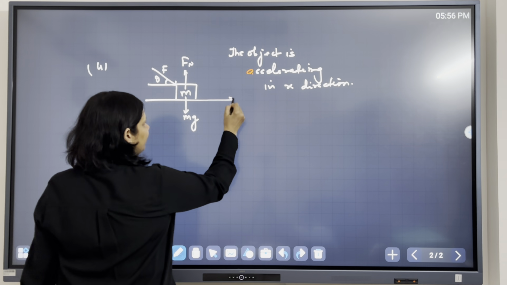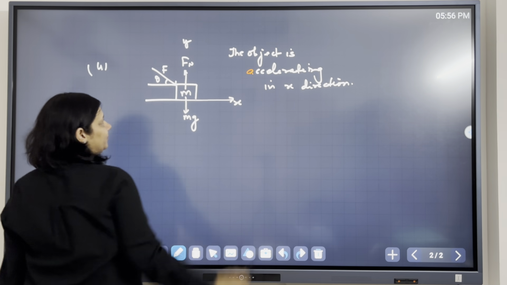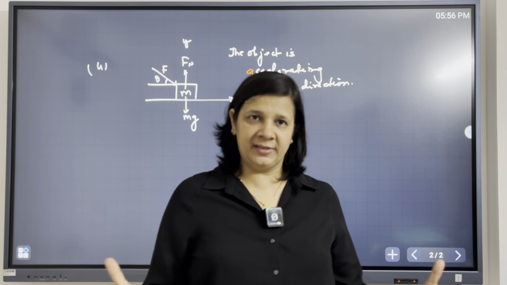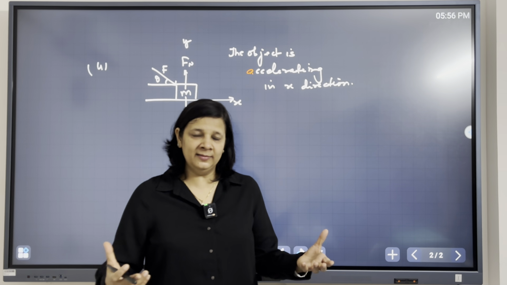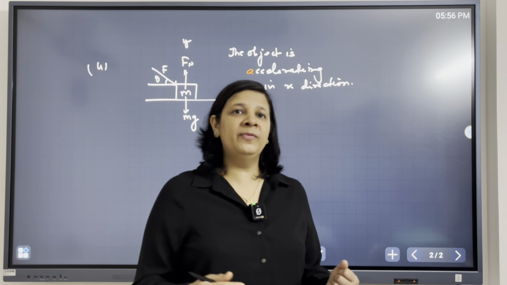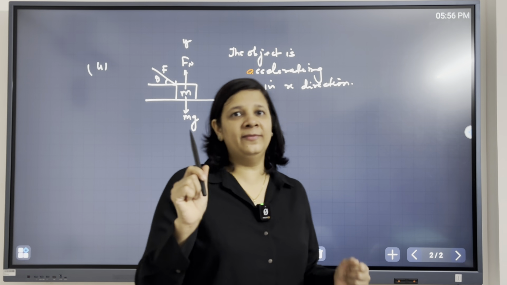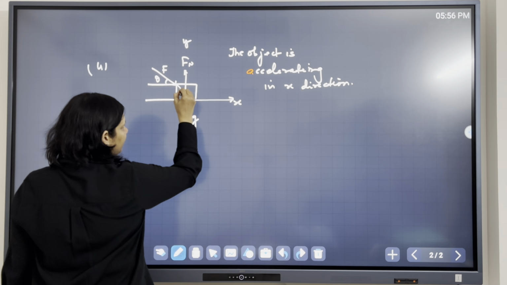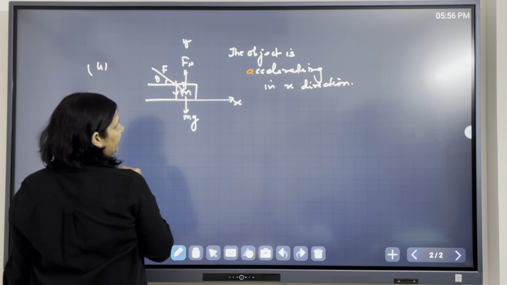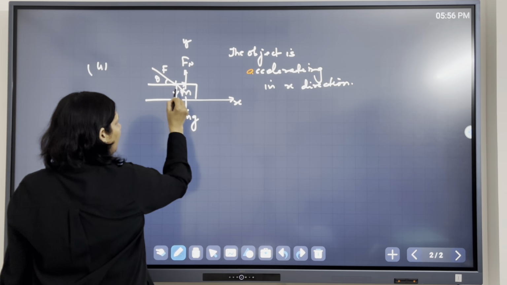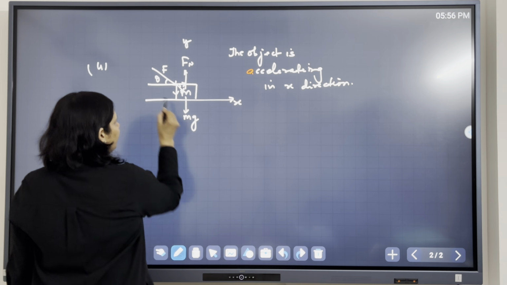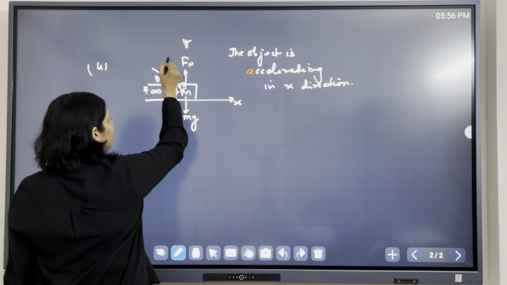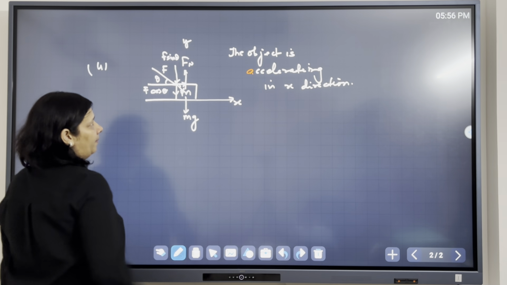So this is x direction, okay, and this is y direction. We have already learned how to resolve the vectors. Force is a vector quantity and force is applied at an angle. If there is a force at an angle, we will resolve it into two components, in x and y component. So basically you can just imagine this force is like this. It will have two components, correct? The downward component will be how much? And this angle is theta. So the horizontal component will be F cos theta and the vertical component will be F sin theta.